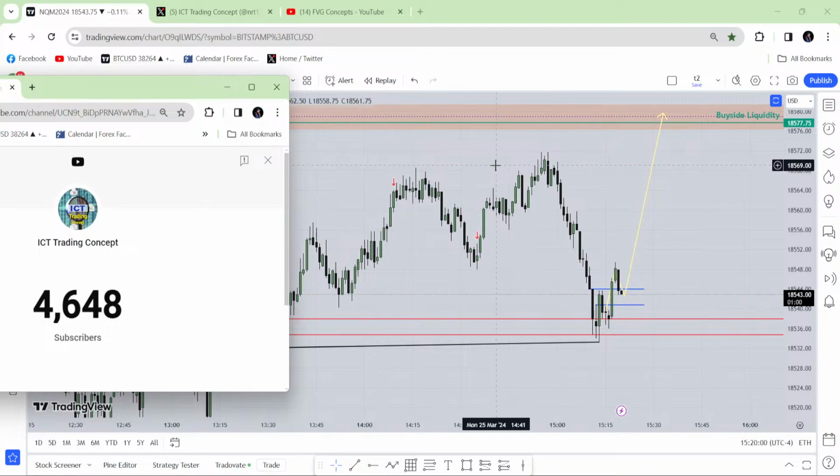Why didn't you mark the new week opening gap? Because that is less than 10 handle. That means that new week opening gap has no right to stay on your chart. It has no right, but it's reacting from that new week opening gap. I don't care. I just missed one run. That's all. Simple.